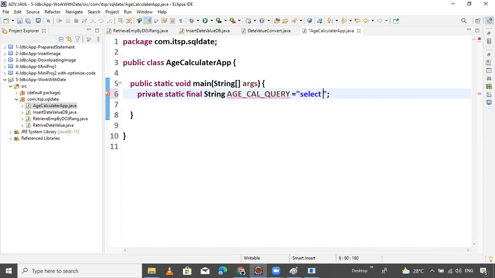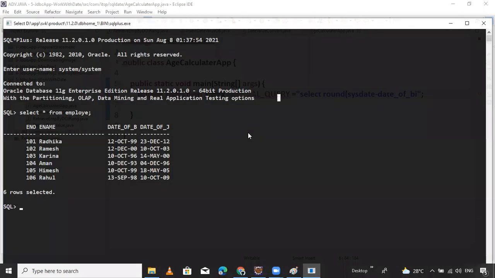Select. What is the method? First, we use the round method. Inside the round method, pass this date minus the column name date_of_birth. One minute, take the column.